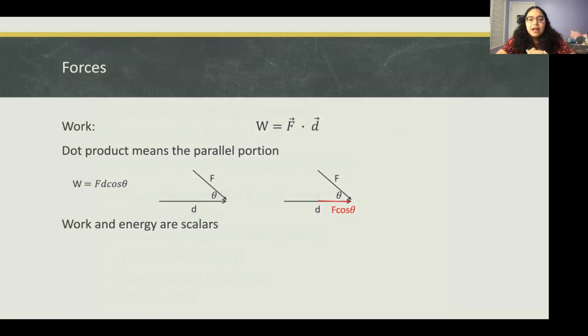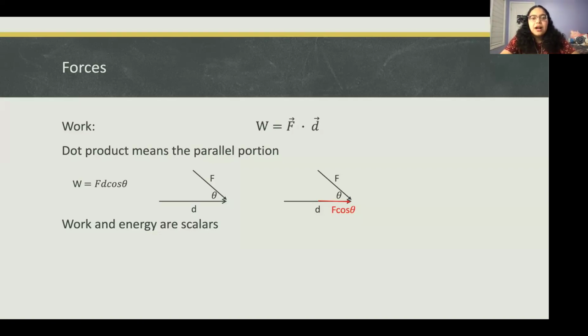So work is F dot D. Dot product is the parallel portion. Cross product was the perpendicular. Dot is the parallel portion. So if we have the setup, the same direction of arrows, but it's force and distance now, you're applying a kind of downward force, but the object moved a distance across. If you have that theta, you want to take the part of your force that's parallel to the distance. That's the red arrow there. That's also F cosine theta if you do the trig with the theta, and so then you'd have Fd cosine theta. Dot products usually involve cosine, but more important to know is that it's the parallel portion you're taking.